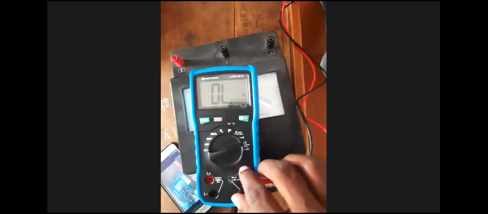So 1 0 into 10 raised to 3, it is nothing but 10k. Okay, so that means the measured value is equal to 10k, and the meter shows 9.65, it is the digital value shown by the RLC meter for that resistance, near about 10k. Okay, then next one, capacitor measurement or the capacitance measurement.